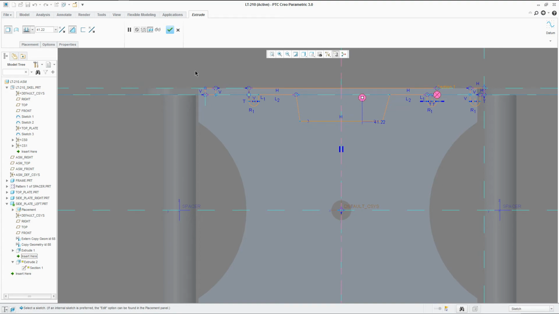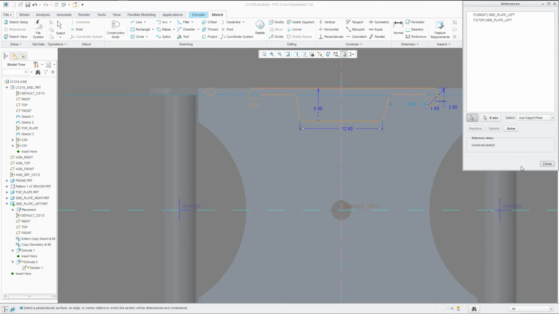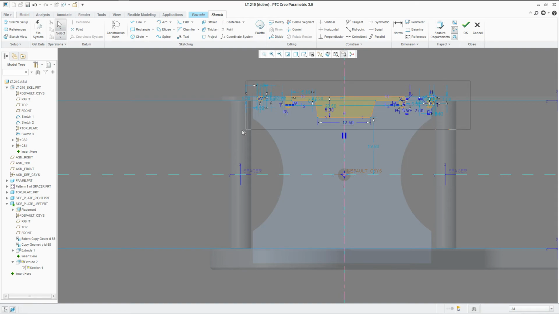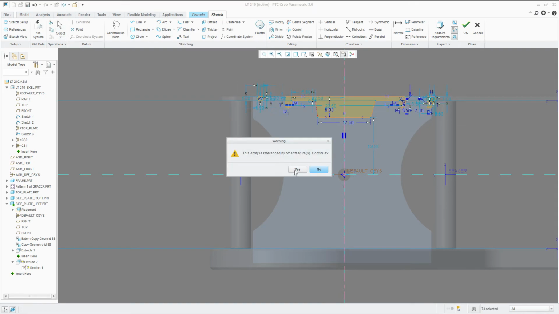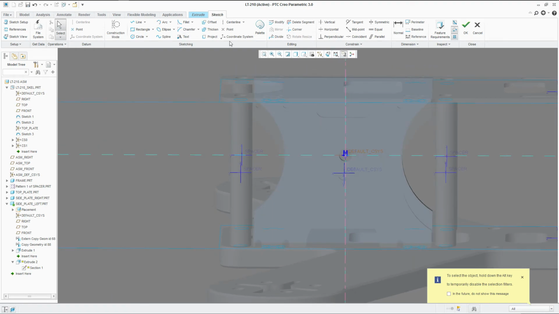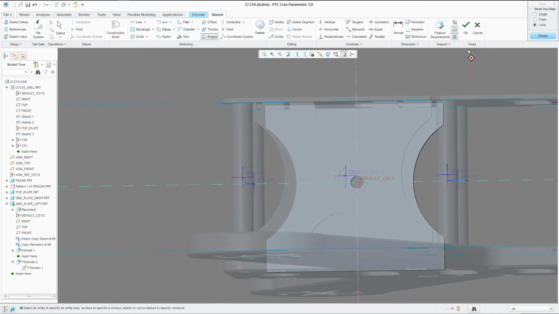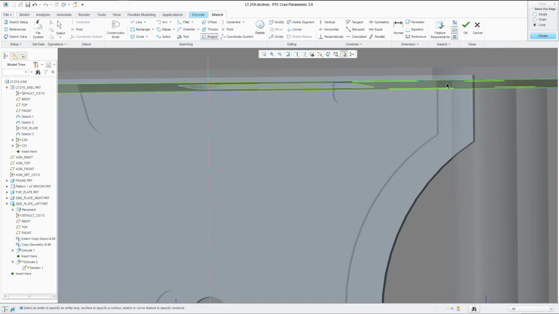No worries. Since it's a copy, let's just remove them all. Come on, shift, delete, and also remove the sketches. Yes, it is. Alright, so we're going to project, and we're going to